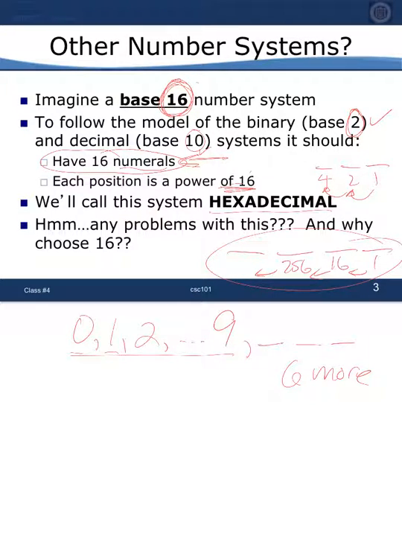So naturally, you might say, well, where else do I know characters? Well, I used all the numerical characters, so maybe a reasonable thing to do might be to say, if you want to know what's after 9, maybe I should start using the alphabet. And indeed, that's exactly what we'll use. We'll use A, B, C, and then we'll also use D, E, F. So let me jot these all down. So the characters we might use will be our 10 numerical characters, and then we'll use the first 6 letters of the alphabet